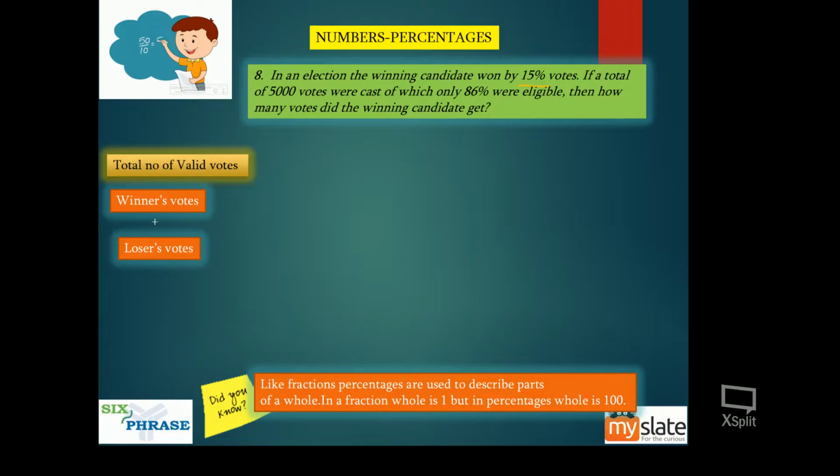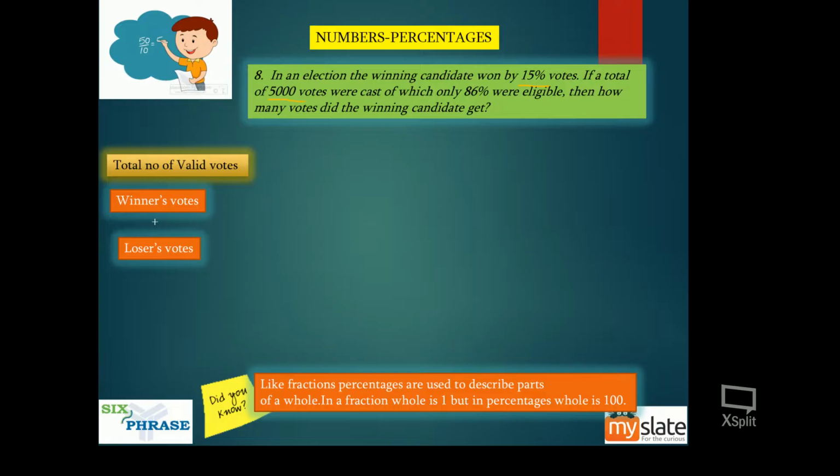Here, guys, they've given you the value. You don't need to assume 100. They've given you 5,000 as the total number of votes. So you can apply that 5,000 itself. If that number is complicated, instead of 5,000, had they given you 8,439, what you do is assume the value to be 100, get the final answer, then you find it for 8,439.